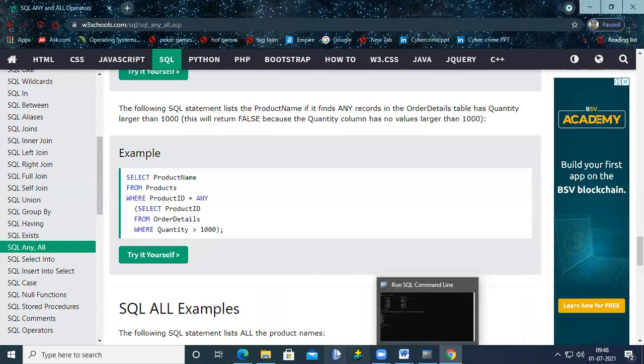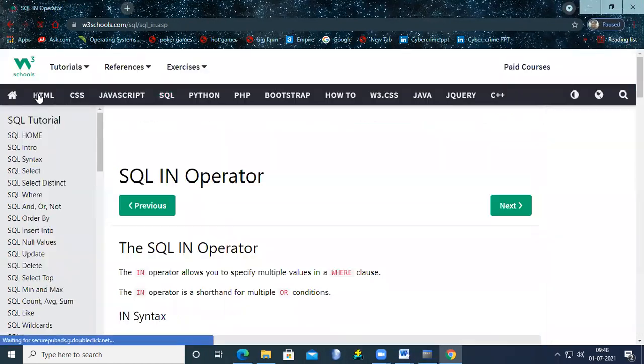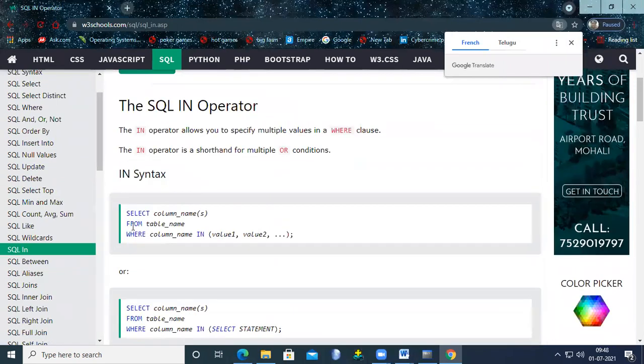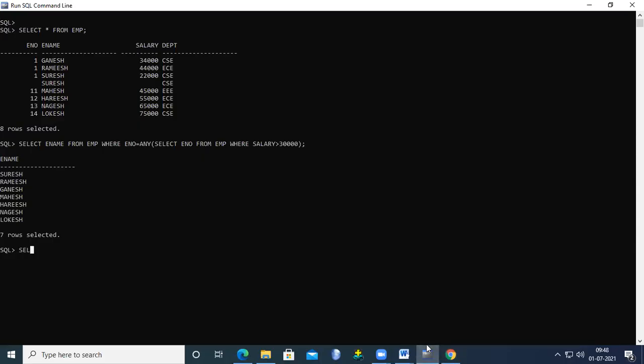Next we try to discuss the in. We already discussed the in. For in purposes, please observe the syntax: select column names from table name where column name in value 1, value 2, value 3, like that. For example, if you give here: select ename from emp where salary in